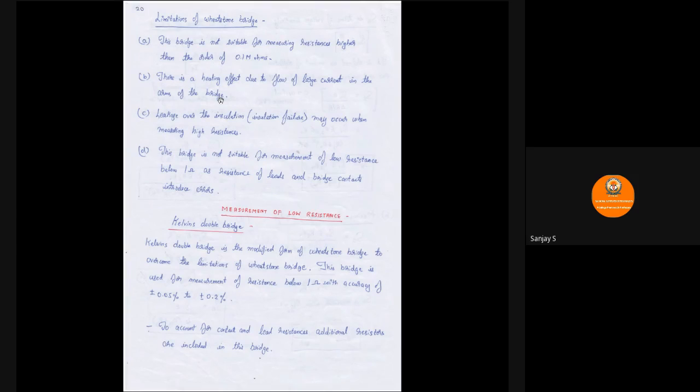So because of the large current flowing in the arms of the bridge, obviously there will be heat dissipation. Third one, leakage over the insulation may occur when measuring high resistance. Whenever you are trying to measure high resistance, it will be influenced by a large voltage impact. So there are chances for failure of the insulation